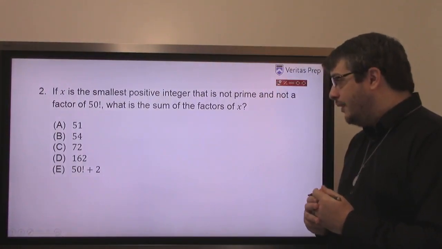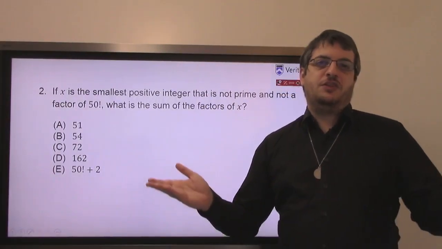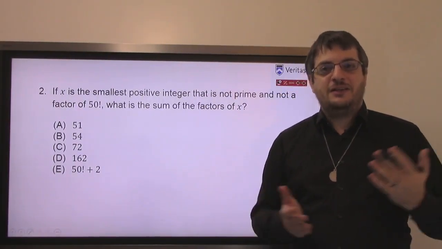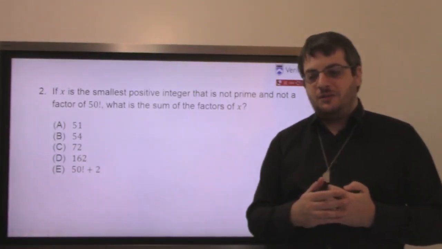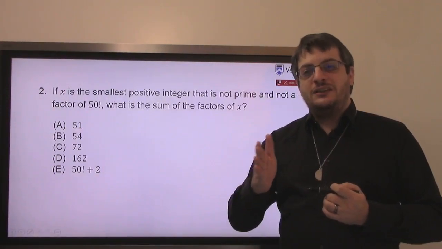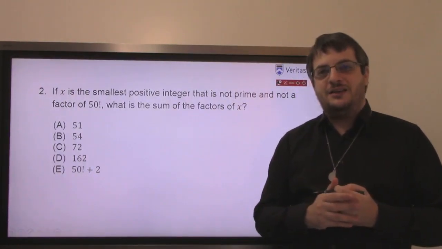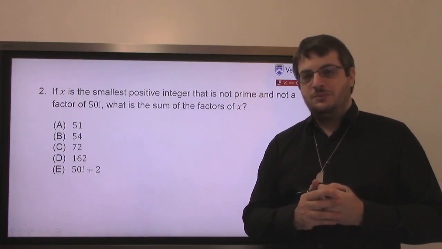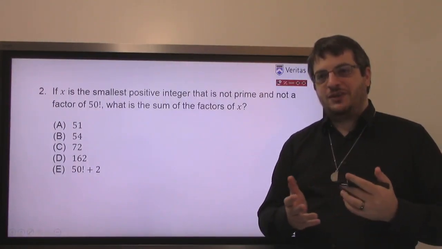So let's be a little disingenuous here, if I may. 51, duh, right? I mean, if I'm looking at the numbers from 1 to 50 and I'm looking at the product of them, 51 is clearly not in there, right? 51 is not among the product from 1 to 50. Do you all agree that 51 is simply not in that product? Yes or no? Is 51 in that product?